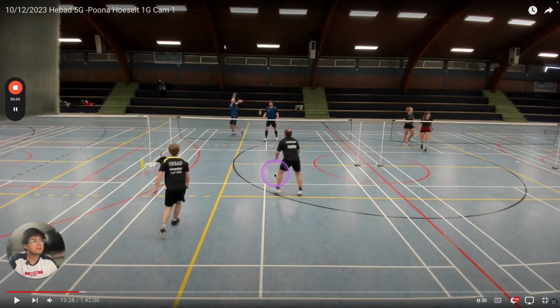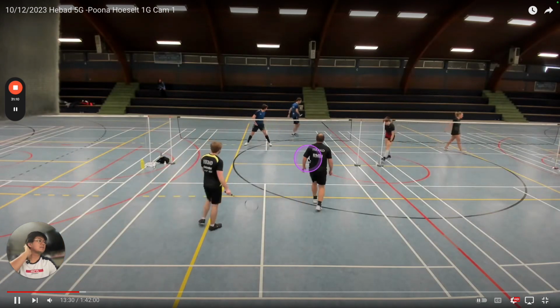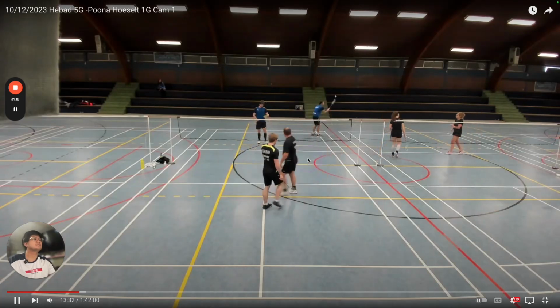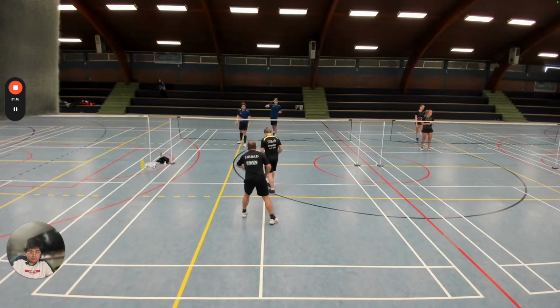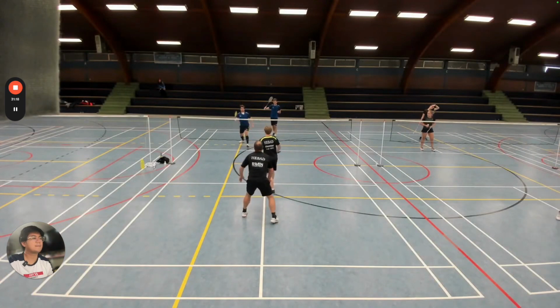This guy is also way too close. If I saw this, I'm just smashing him in the face because he's on the service line. And no one is going to be receiving a smash if they're on the service line, right? Especially when his racket's down. It's not like the up mixed doubles racket positioning, right? That cross drive would have been a lot easier if you're down on the ground like that, right?